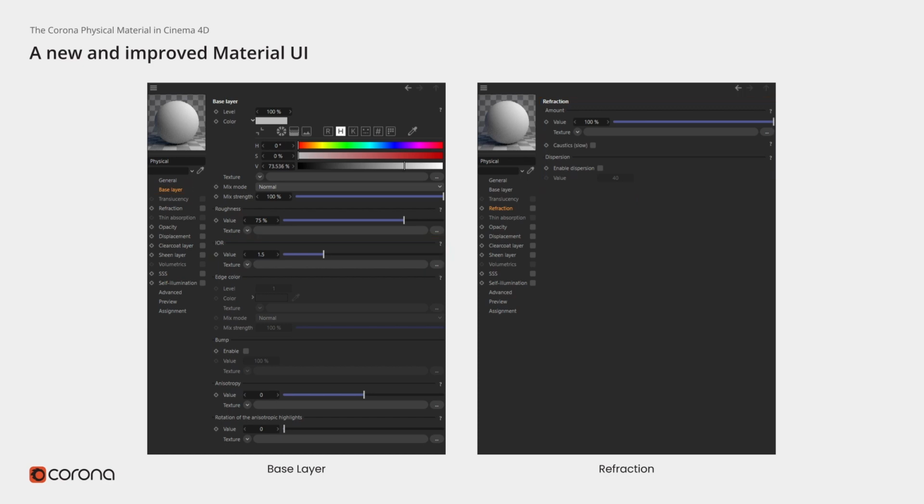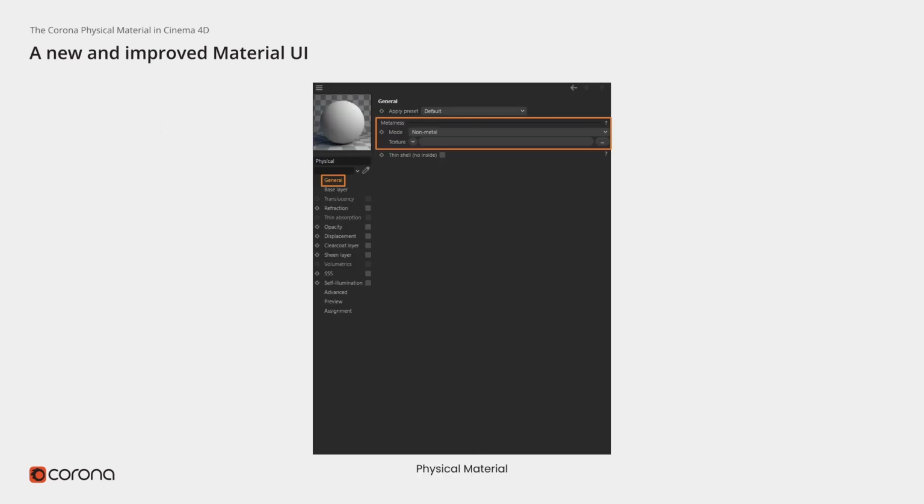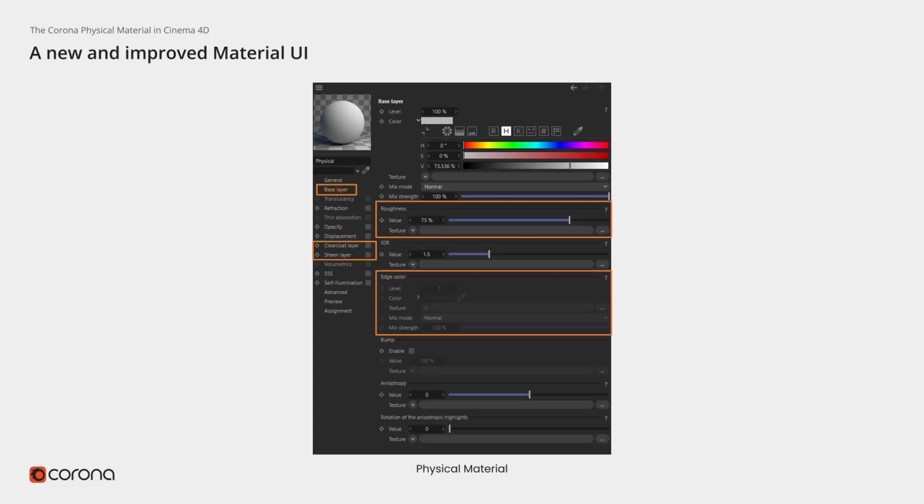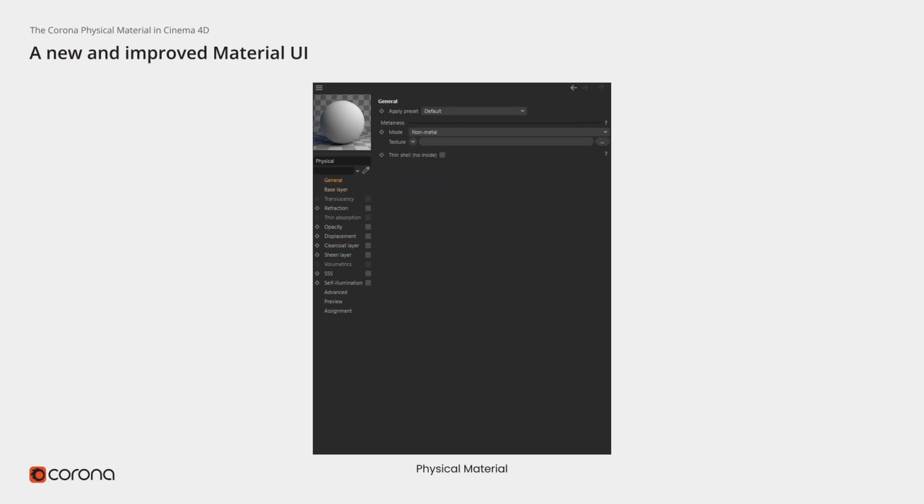Now, as for the rest of the novelties, we have the metalness workflow dropdown up here, which is a really important parameter, and we'll cover it really soon in the series. Then we've got these extra new parameters that you can tweak. And then some minor things have been rearranged or renamed as well, so they make a bit more sense and